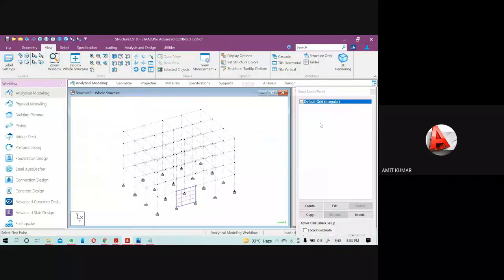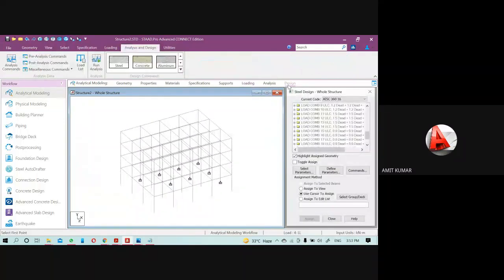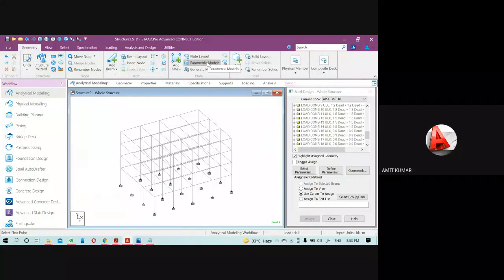Then after that, you have to add the load, and even when we do the concrete design, then we have to pick the Indian design code. So we will get the reinforcement details in the output for the shear wall also. Okay, so I can only explain to you how to add it, but you have to do it manually. You have to do it by yourself.